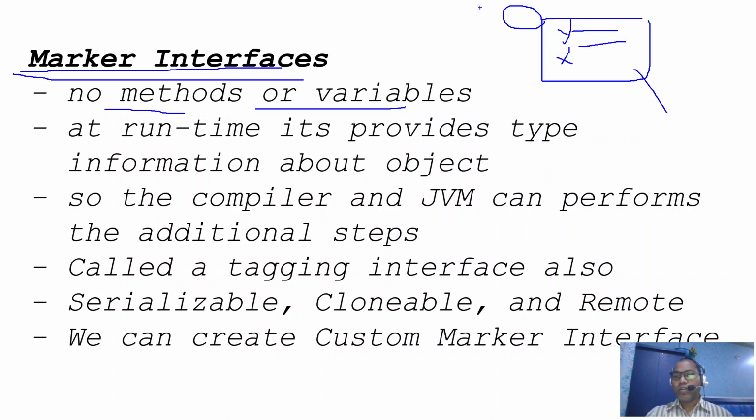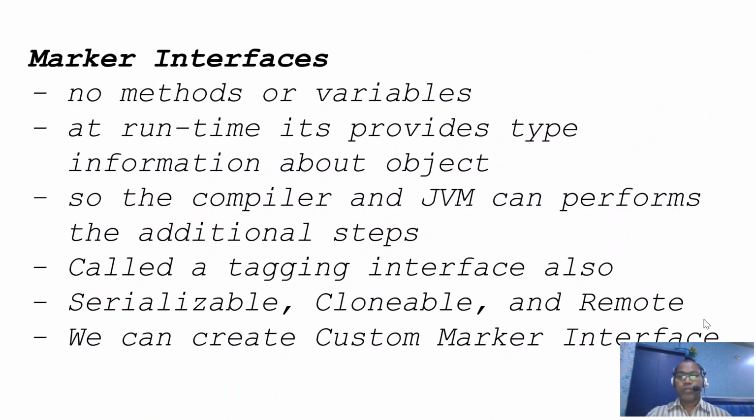What is the use? Generally, if an interface defines method 1, method 2 and a constant variable, all the implementation classes are going to give the definitions. Generally, an interface contains abstract methods, but here there are no methods and no variables. So please note, if an interface does not define any method declaration or variable declaration, that is a marker interface. So the question is, what are the use cases?